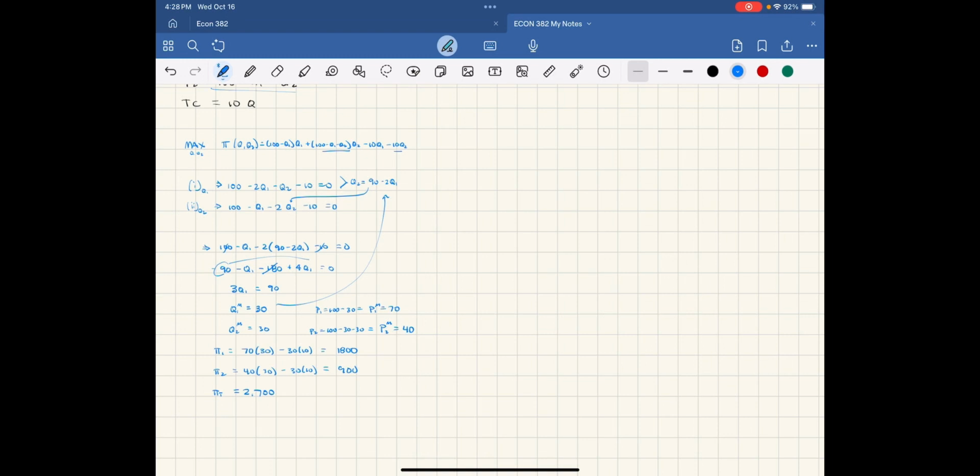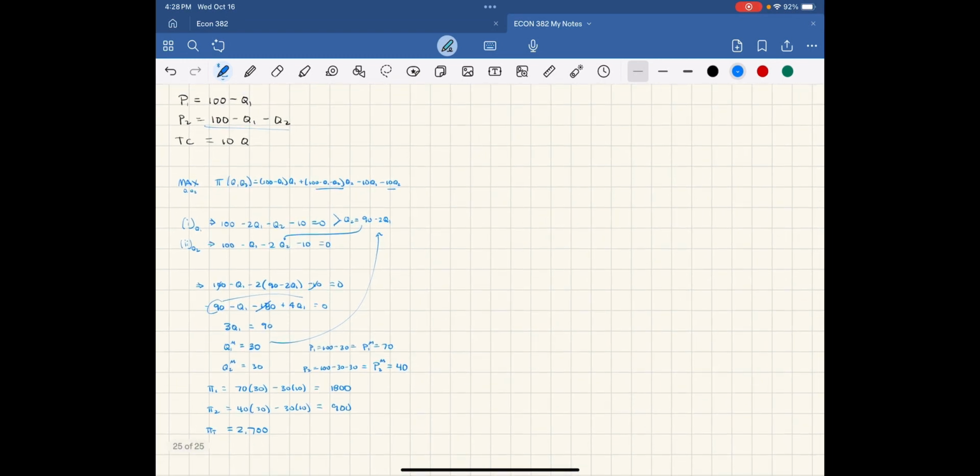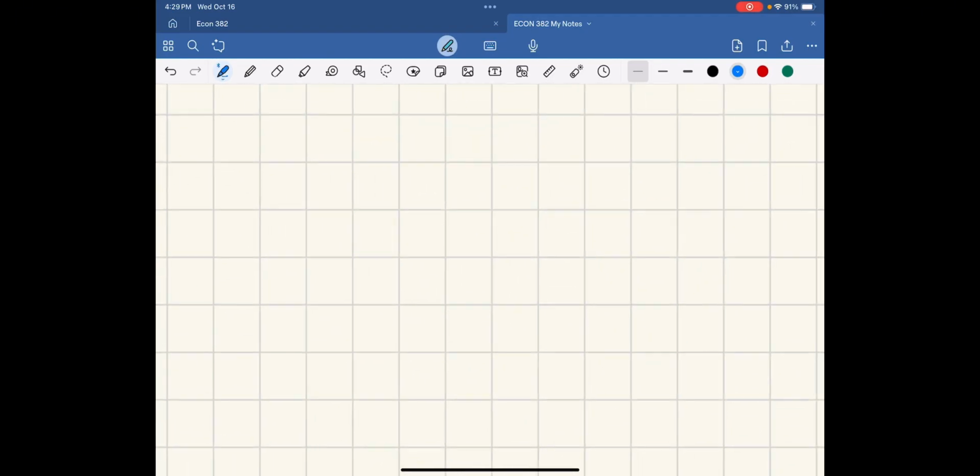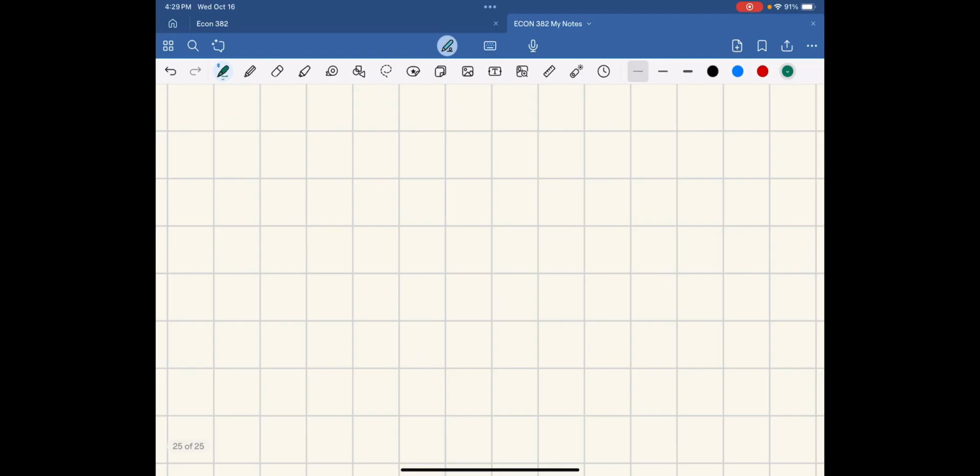So this is the solution we get for the monopolist with a durable good, meaning they produce it in time period 1 and again in time period 2, but the amount they produce in time period 1 influences the price for time period 2. Now let's see if there's a way for the monopolist to maximize their profits, and that is if this good is not durable, meaning that the amount they produce in time period 1 does not influence the price in time period 2. Well, if this is the case, so this is the non-durable case,